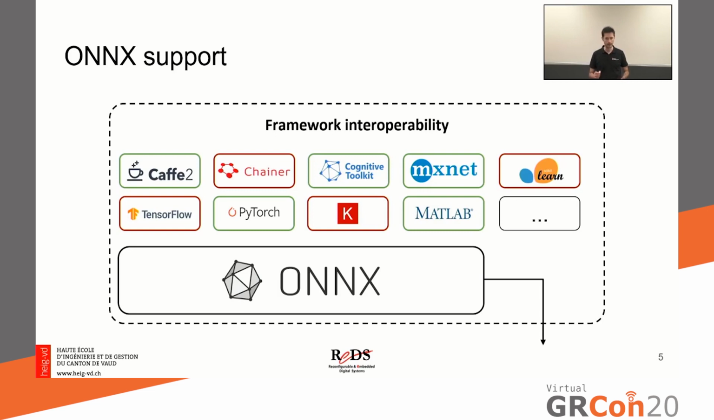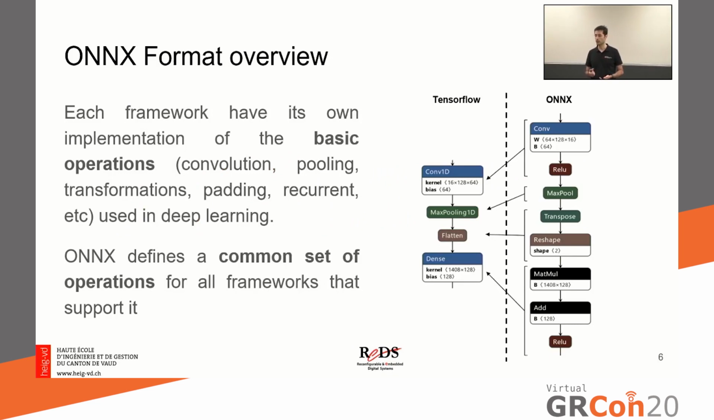So they have a small overhead to convert from that format to ONNX, but other frameworks need to use external tools, like this is the case of TensorFlow and Keras, which are also widely used nowadays. So depending on the framework that you use, there will be more work or less work, depending on the support of ONNX in that framework. And basically, what ONNX does is it defines a common set of basic operations that are used mostly in deep learning